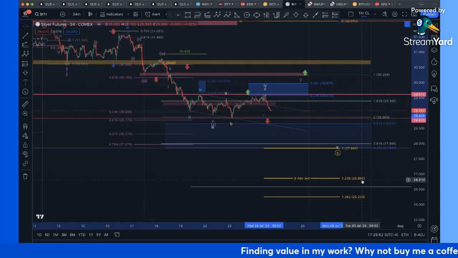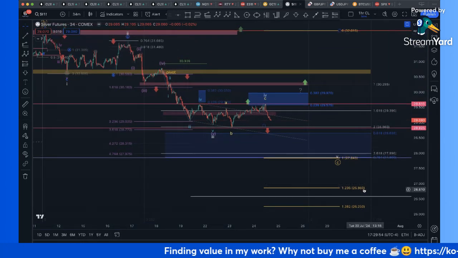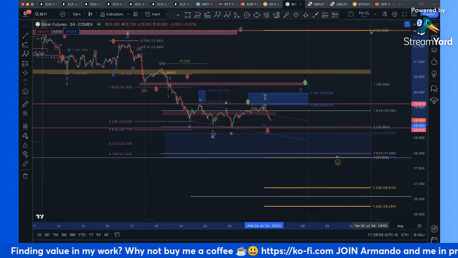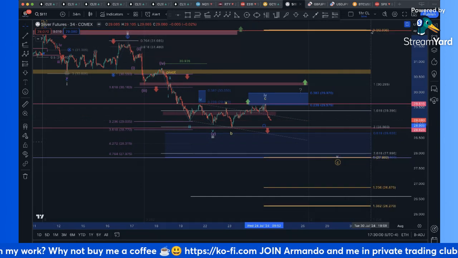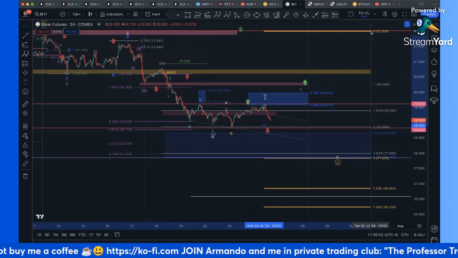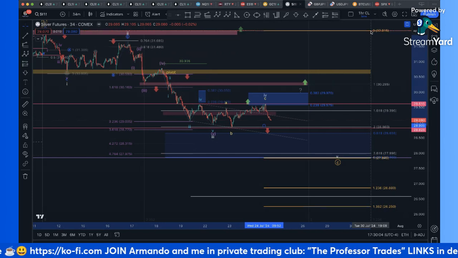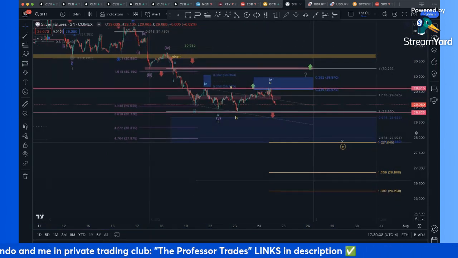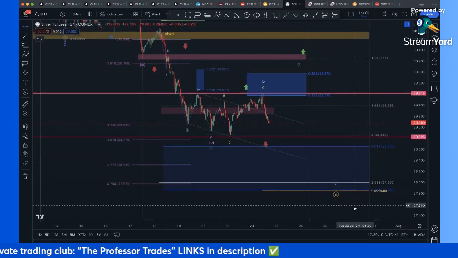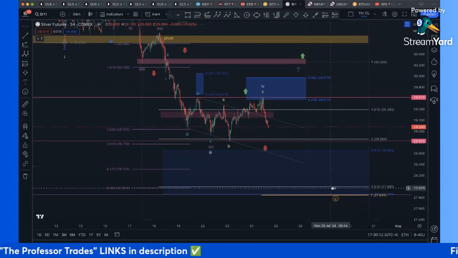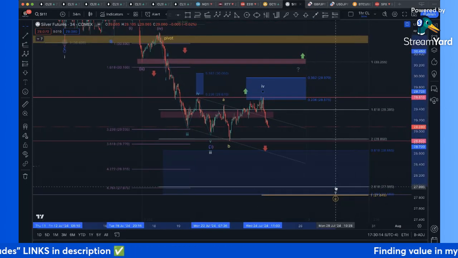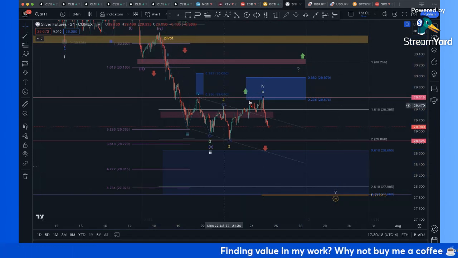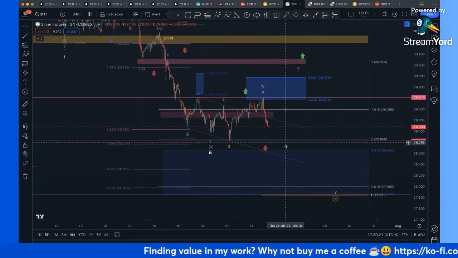How in the world would I know that? Well, a couple of ways, but the primary way that you're going to know that, and it's actually my favorite thing to do, is look at the structure of price. So what I mean by that is, if this is a wave 5 that we're about to get, because wave 4 may have topped up here in this ABC structure,